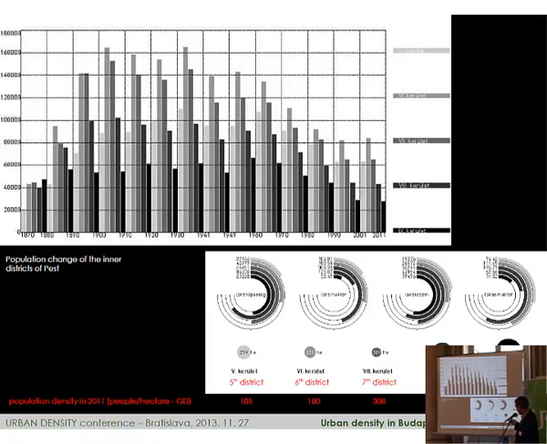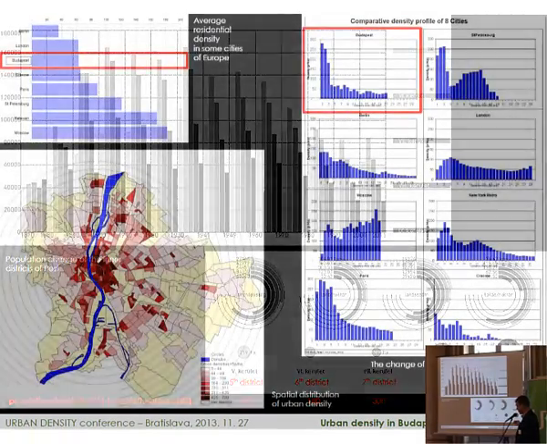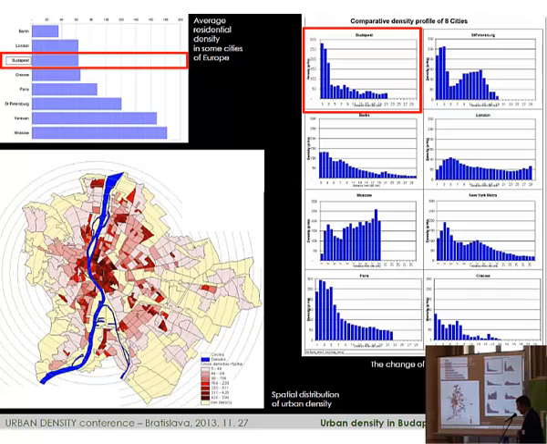So moving a little bit further, in the second part of the 20th century, starting from the 1930s, population starts to decrease quite rapidly. The districts that we consider to be the city center, the 5 districts in the center of Budapest, have lost almost 50% of their population since the 1930s. Nevertheless, still today the gross residential density of some of these areas is around 200-300 people per hectare. And just to understand a little bit of the patterns of Budapest,